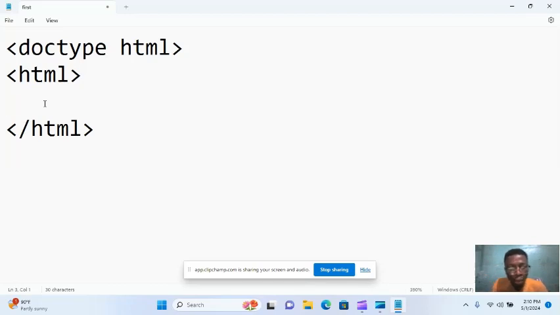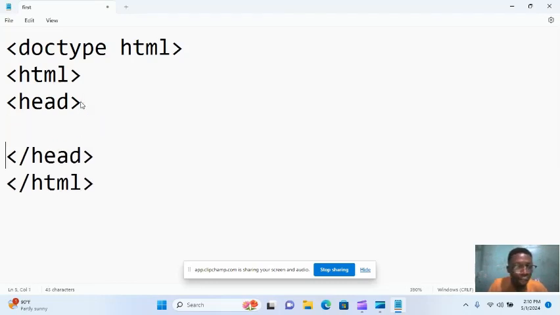The next thing we are going to do, we're going to take on the head, our HTML head tag. Okay, so this is our HTML head tag. Within here, this is where we put our title, links, and so forth. But as we go further, you guys are going to understand. This is our lesson 1. Okay, so in the head section, we are going to create